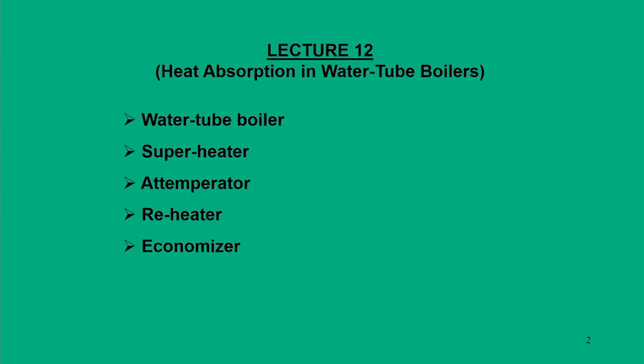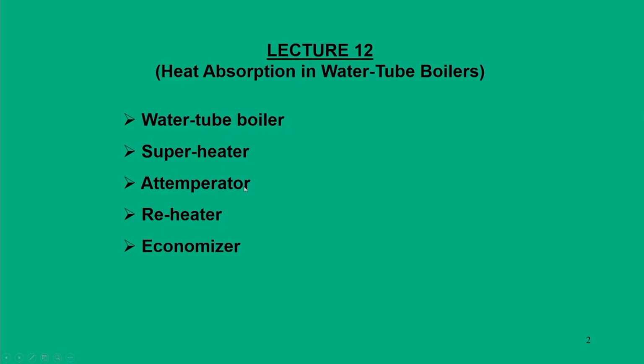In our last lecture we exhaustively talked about different components of the water tube boiler. In this lecture we are going to summarize components such as the superheater, attemperator, reheater and economizer. These 4 components are nothing but heat exchanger units, and they are interpreted in different forms. We will see under what circumstances and what criteria they take different forms